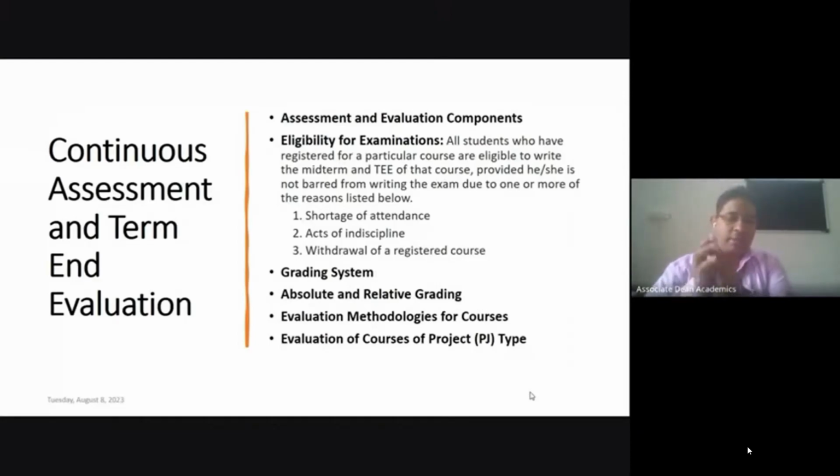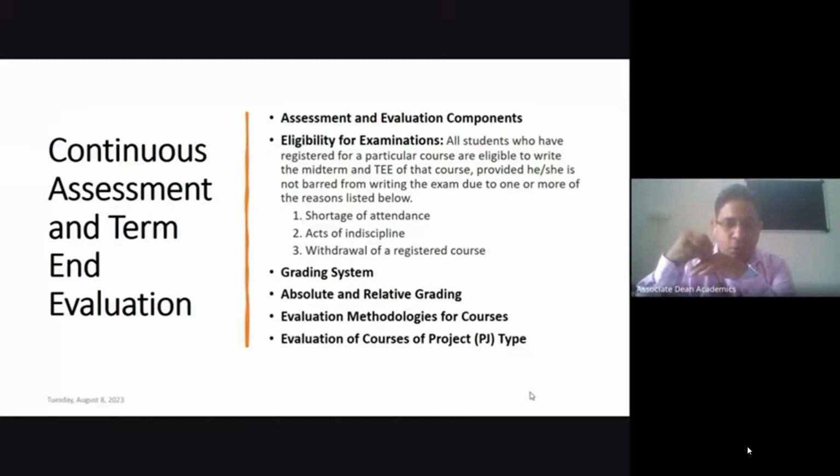Okay, but if you are dropping a course within 3 instructional days of the start of that course, then that course will be dropped simply without any condition, and you will be allowed to register that course in future without any additional charges.